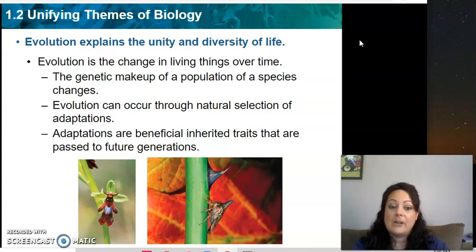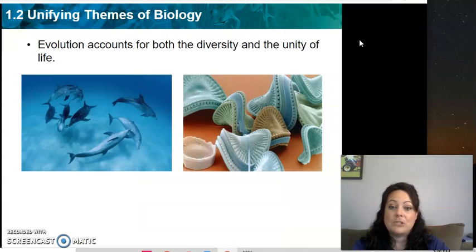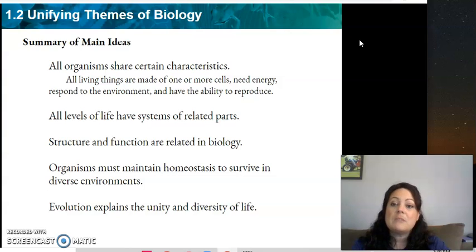Adaptations are beneficial inherited traits that are passed on to those future generations. Evolution accounts for both the diversity and the unity of life. So as we go through the different levels of studying biology, you'll see that there are common themes that you'll find when we're looking at microscopic levels, when we're looking at organismal levels, lots of different themes that you see recurring at different places. So the summary of main ideas of this section: all organisms share certain characteristics, such as